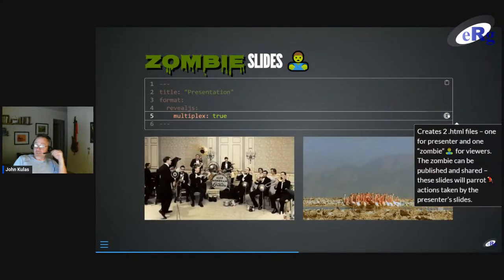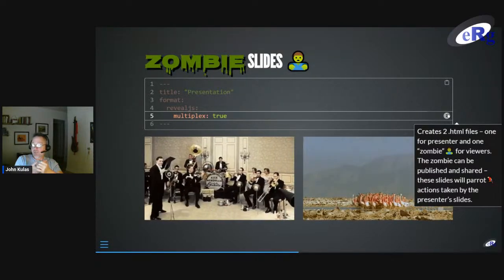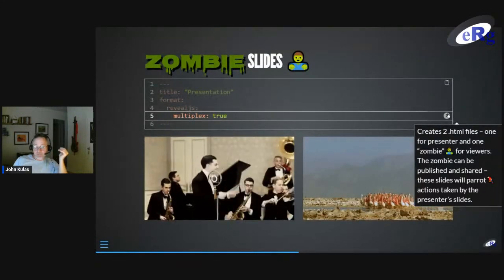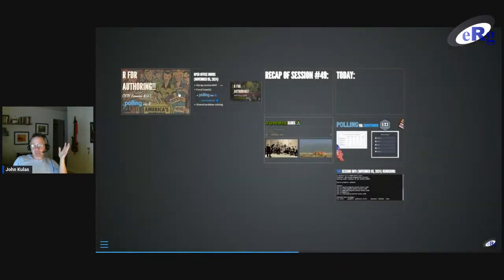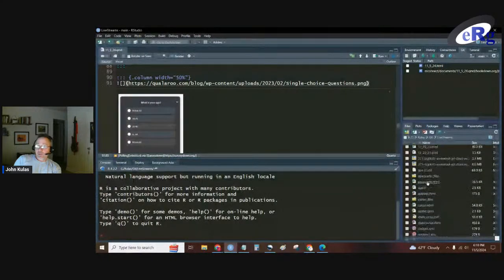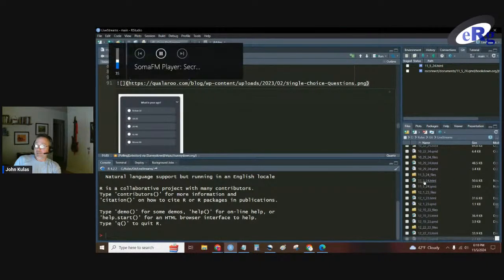But if you do initiate and enable that, what's going to happen is, typically when you render these HTML slides, there's just one slide deck that's rendered, and so what you're looking at right now is just one slide deck. If we look at the outline of it, you see that it has seven different slides on it, but this is one file. So if I look at my file system, you see that file identified right here in the lower right hand corner, the HTML file. That's what's created when I